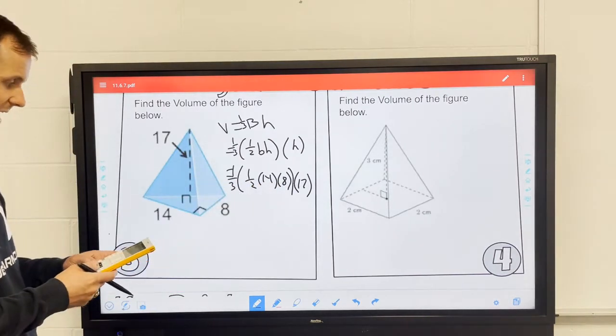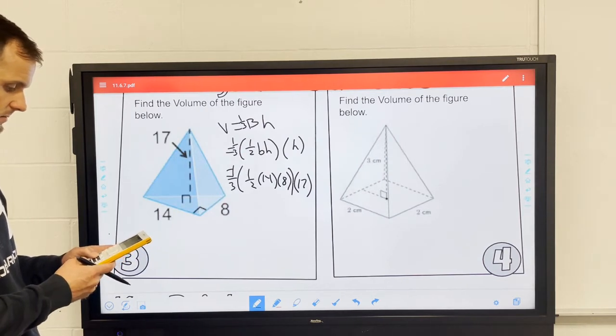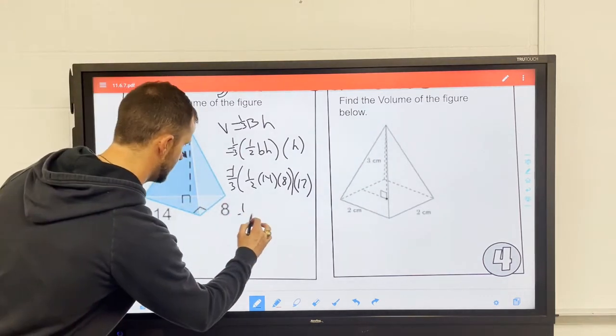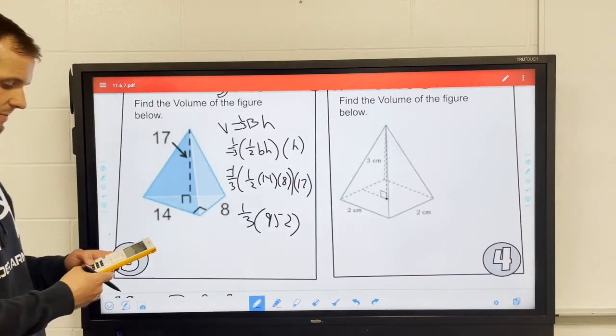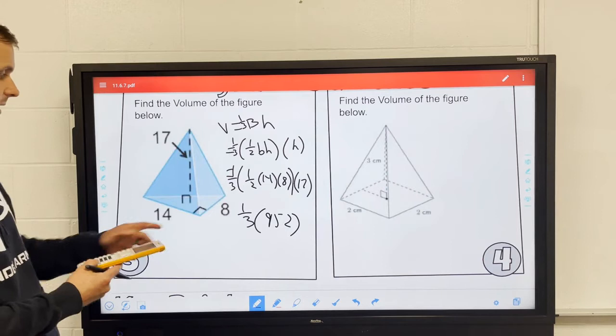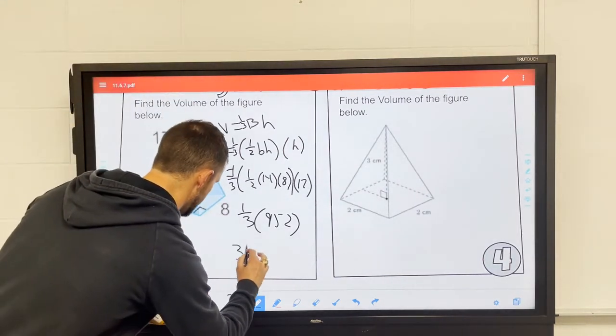So I'm going to do 0.5 times 14 times 8 times 17. So 1/3 of 952. So I basically multiplied all that out. And then now I'm going to do 952 divided by 3, because anytime I multiply by 1/3, that's the same thing as dividing by 3. So your final answer should be